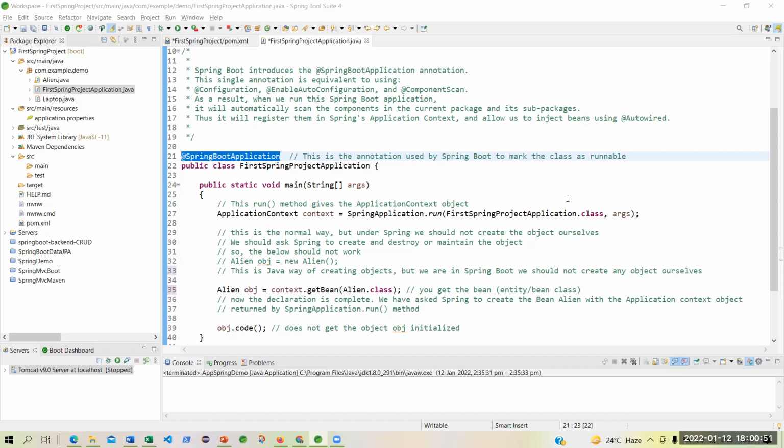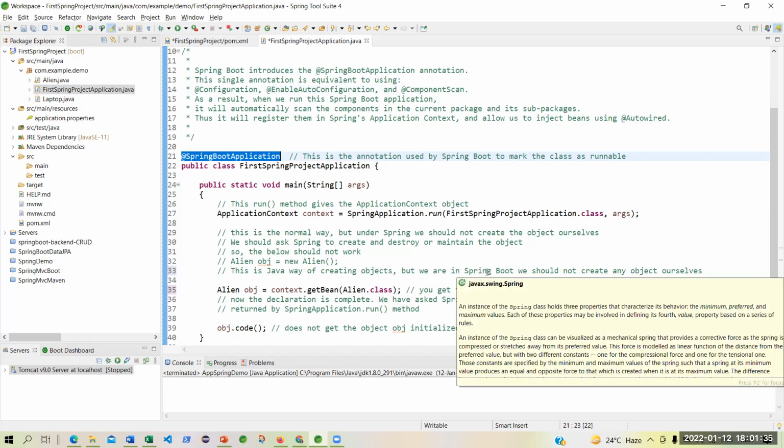We are now using a technology called Spring Boot, which is also providing a container, but that container is configured by Spring Boot having components. So it can scan the component itself. It is a component scanner. It is an auto configuration enabler. It is also a configuration partner. It configures that container, replacing everything by a Spring Boot application Java file, that class.